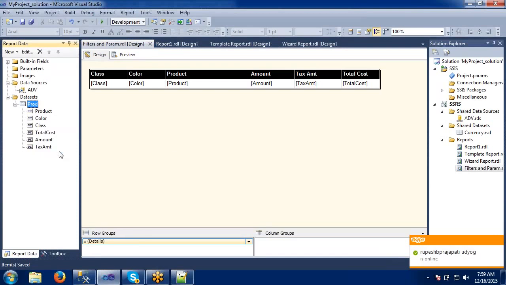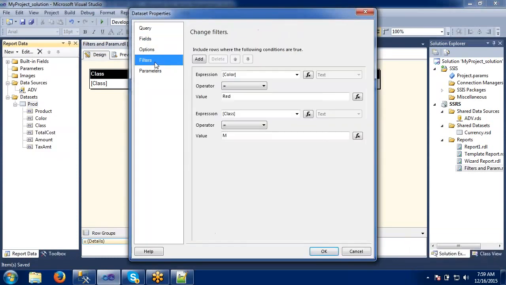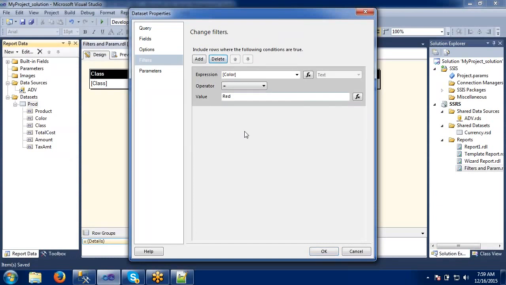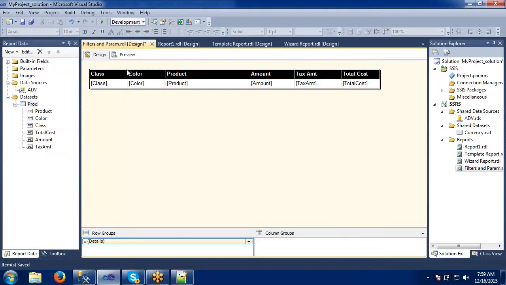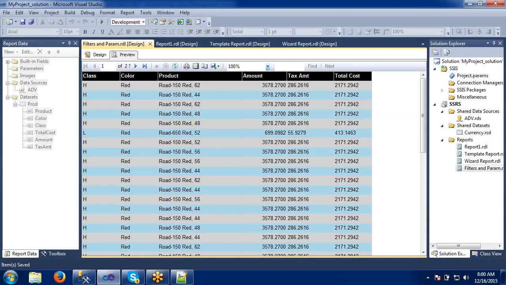Let's remove it and check how the data is coming here. If you want to delete this one, select and delete it. First we'll check what records are available here. So for red we have high class and low class.